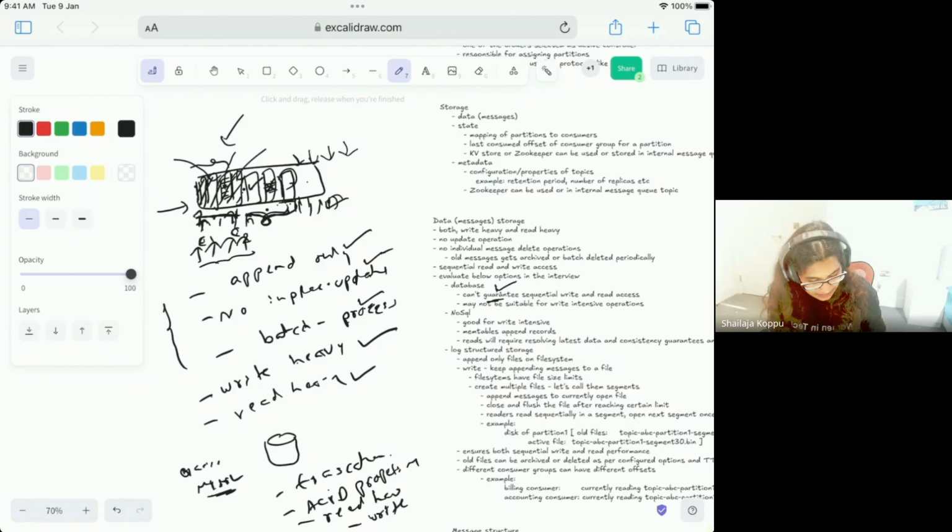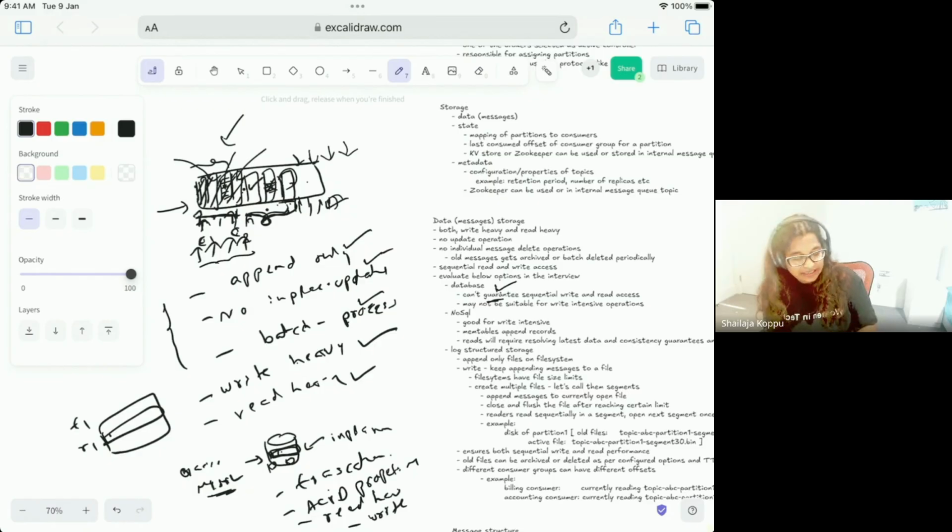In a database, when you have a table, it does support in-place writes, and the write can be anywhere on the disk, randomly. Even if you take one table T1, when you write one row R1 here, depending on the internal design, the second row R2 in the same table can be somewhere else on the disk, because the database needs to be optimized for in-place writes and in-place deletes as well.